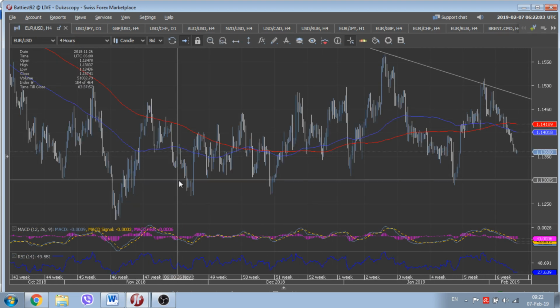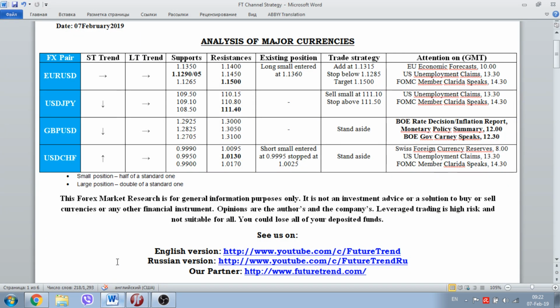As regarding the euro dollar, probably it's time to wait for the testing of the critically important level of 1.13 before entering any kind of long position. Anyway, this morning we decided to enter the first part of a long position in the currency. Probably it's a little bit tricky, and anyway we decided to be a little bit beforehand, let's say,